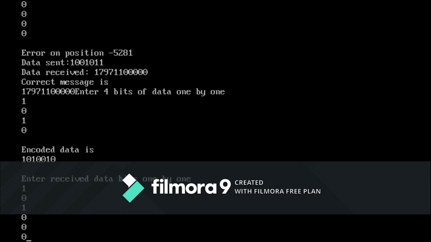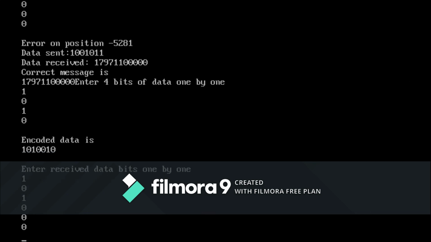Here, let us assume we are working on data correction. Instead of this 1, let me give 0. Then 0. So now in the second position there is an error.